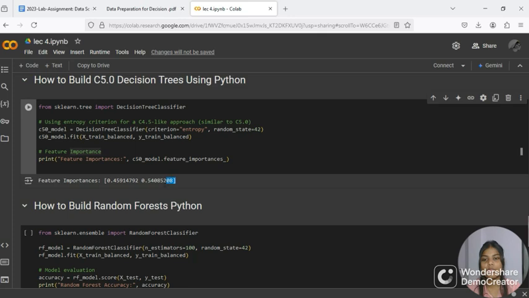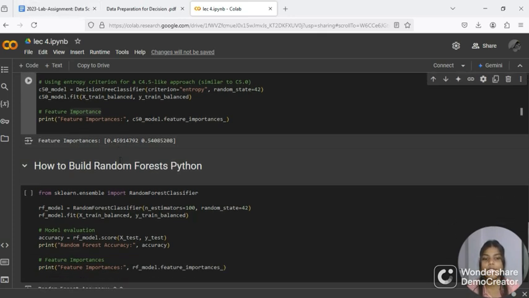So let's see the output. See, this is the output of our code. This output represents the relative importance of each feature in the decision-making process of the trained decision tree model. So the output is an array of two elements, each representing the importance of a feature. The first element, which is this, represents the importance of the first feature, for example feature 1, and this is representing the second feature, which is feature 2. The importance values are normalized to sum up to 1, so they are interpreted as a percentage